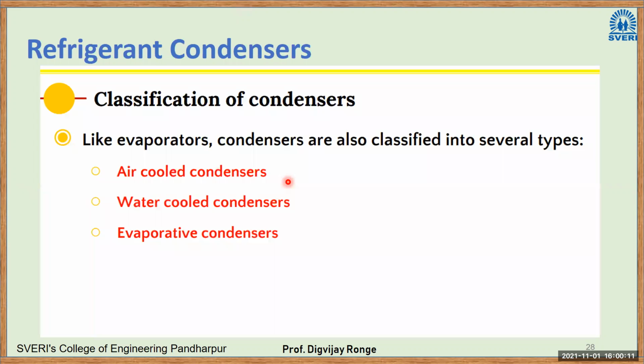Here it is a condenser. Okay, condenser is again a very important part of a refrigeration system. So classification of condenser: air cooled condenser. In that case, a fan will be used. Already I have shown you the diagram. Water cooled condenser, water jackets will be used. Evaporative condenser, in that case, we are using cooling towers. Okay, so air cooled, fan; water cooled, water jackets; evaporative, cooling towers.